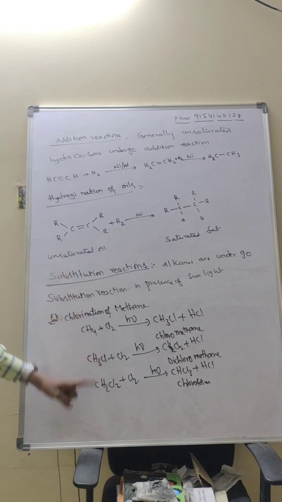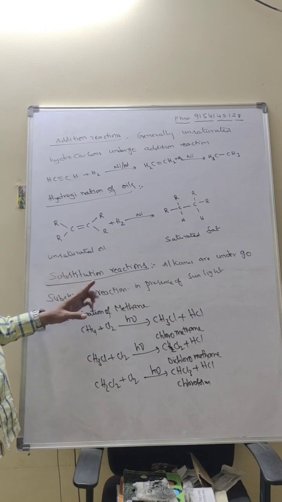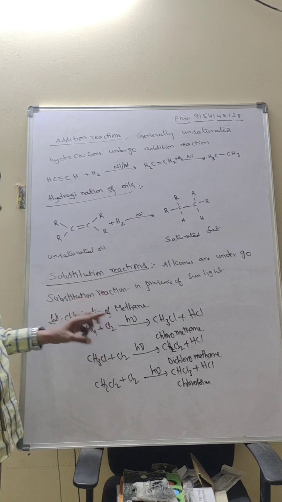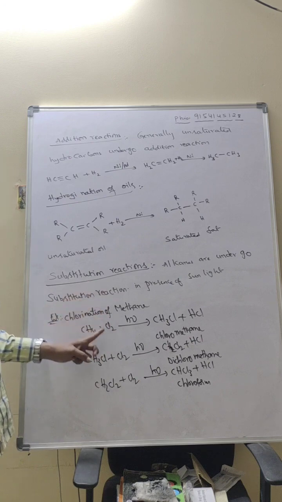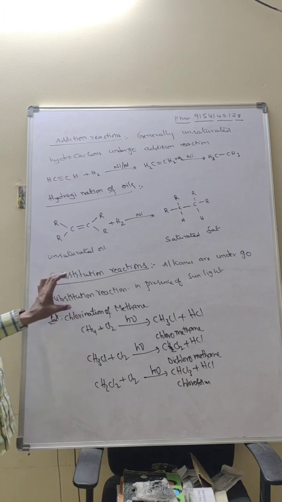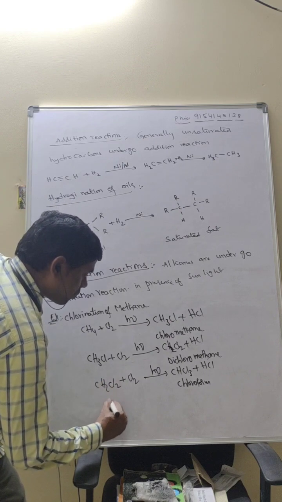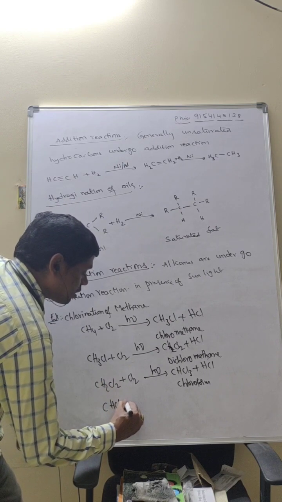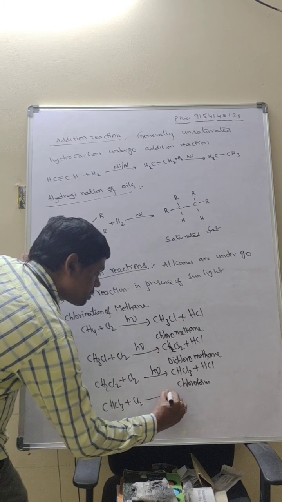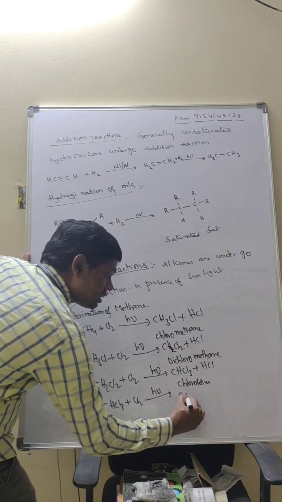If you write these 4 equations along with the definition in a 4 marks question, they would give 1 mark for the definition and 3 marks for these 4 equations. If it is an 8 marks question, 2 marks for the definition and 6 marks for the equations. This chloroform, CHCl3 plus Cl2, gives rise to